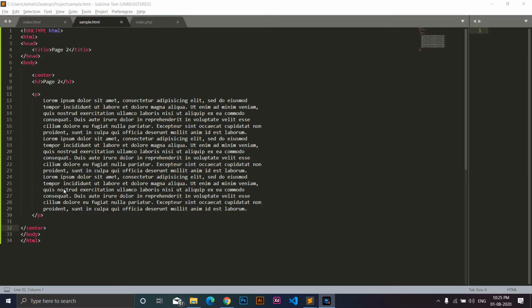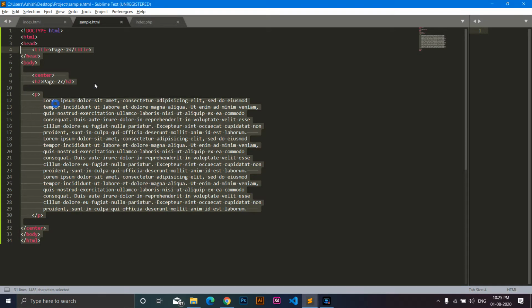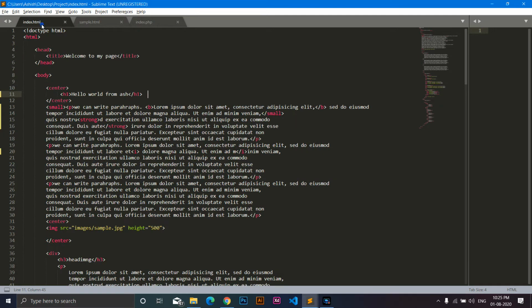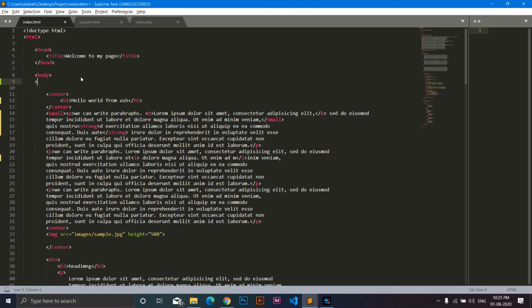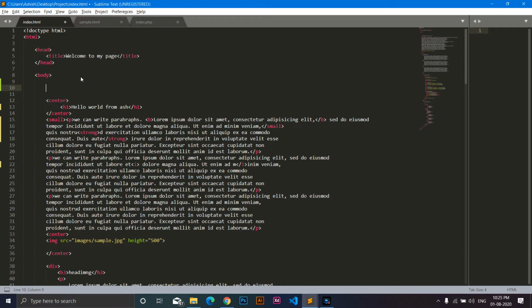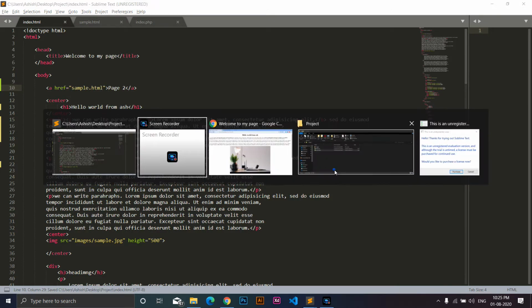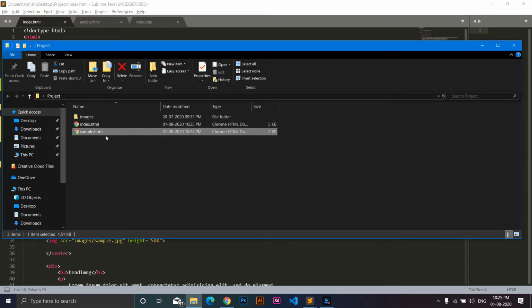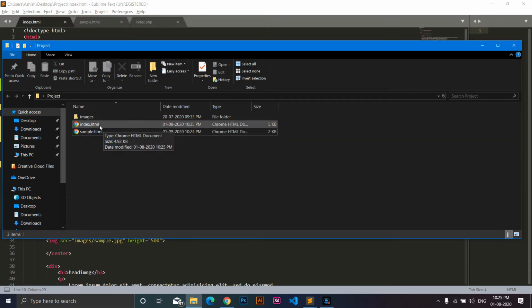So here is the second page of our website. We have to link this page to our home page. So we can create a link at the top. To create links, we use anchor tags, and we can define anchor tags using the a attribute. So yeah, this is our anchor tag. In between these we can name our page 2, and over here we can write sample.html, which is nothing but the file name of the other page, and make sure that these two pages are in the same directory.